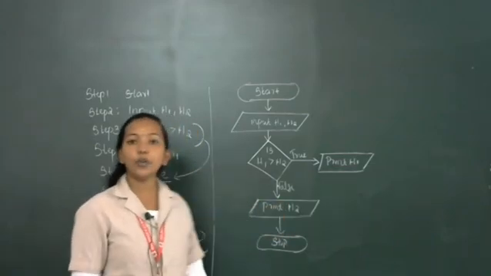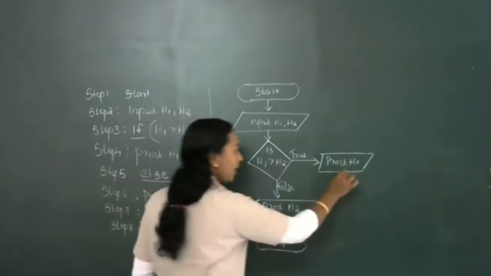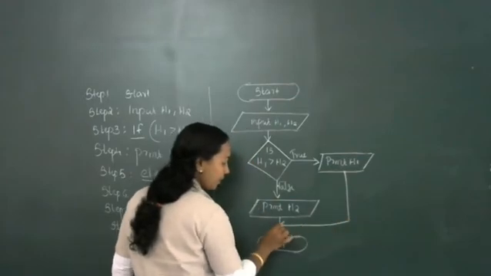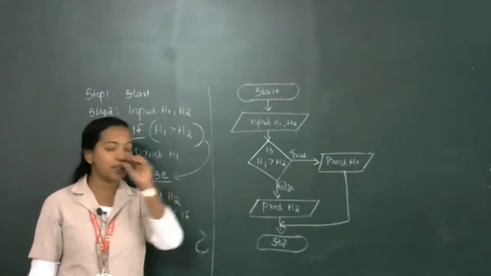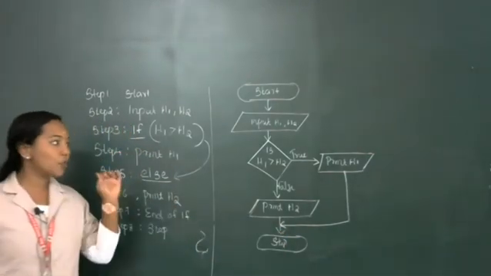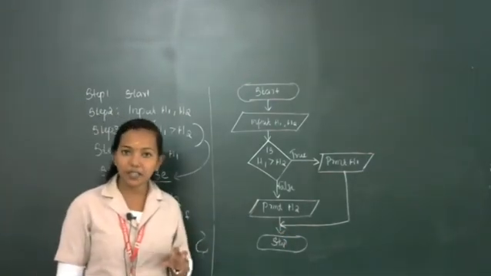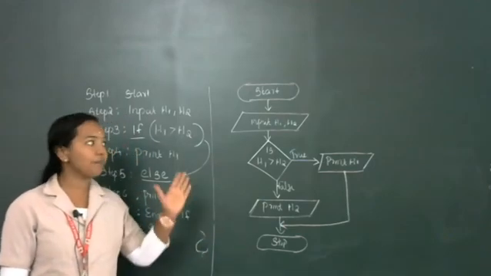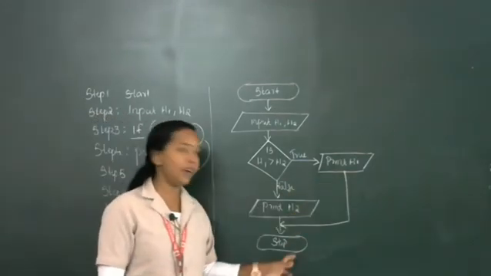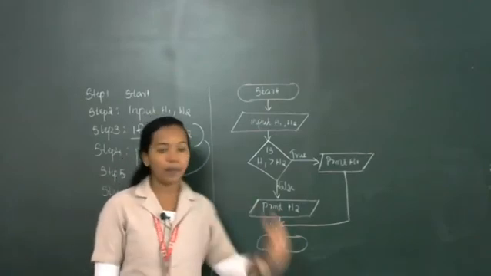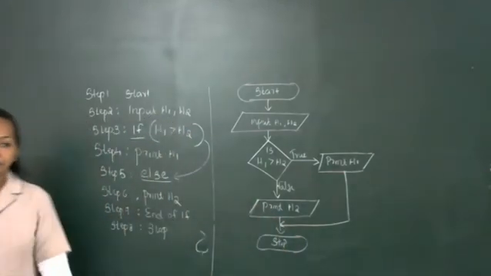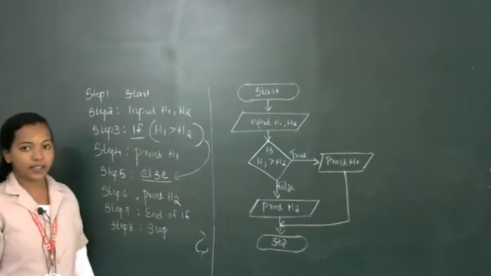So that also you want to terminate. After printing h1, you want to terminate. So you want to connect the print h1 statement to the stop. So once the execution statement is over, we are terminating the operation. So after h1, we are stopping the execution. It will lead to stop and stop the procedure. Clear? I think it is clear.